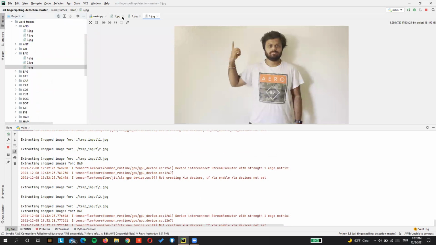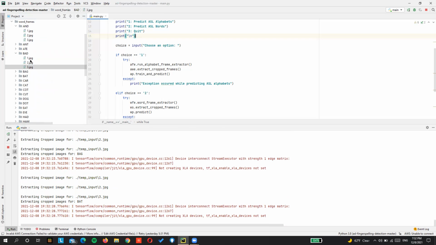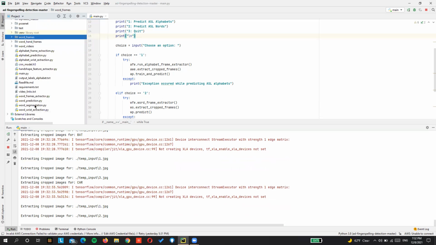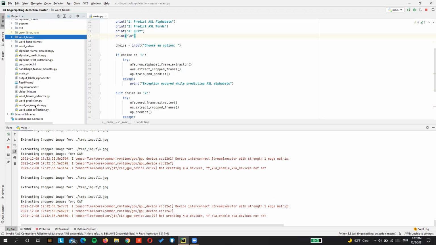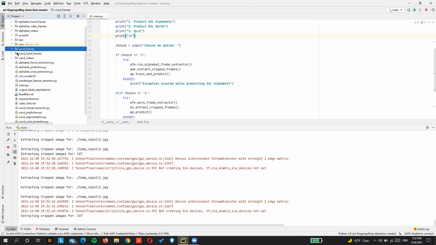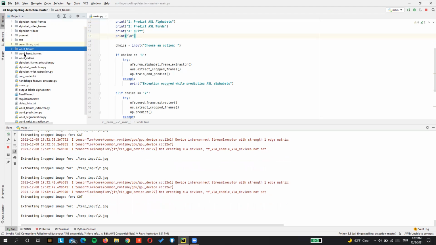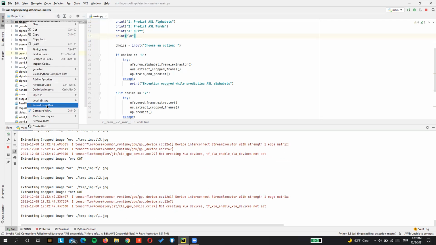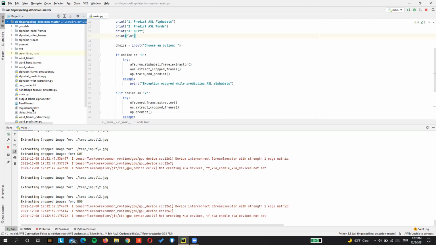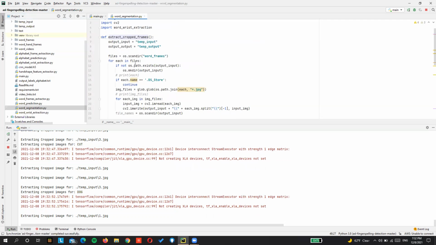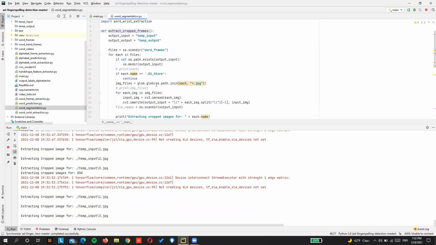And post that, we go on to the word segmentation Python file, which is basically invoking the word rest extraction Python file for each word, and it will store the cropped images onto the word hand frames folder. As you can see from the word frames folder, it is extracting each folder.